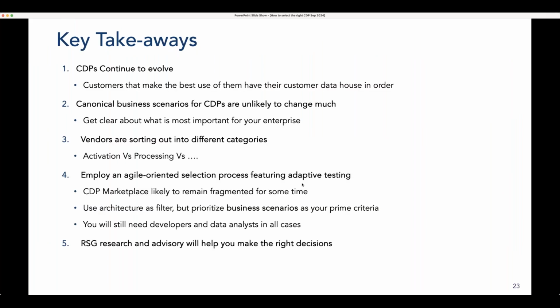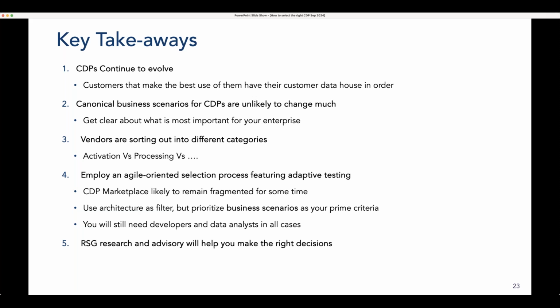Okay, so let's wrap up here with some key takeaways. CDPs are continuing to evolve. The customers that make best use of them typically have their customer data house in order, which means you really need to understand where your customer data is, how you're going to leverage it, which attributes you really need as opposed to which attributes you think you need. What's the difference between a data lake that has all of your raw customer data and the actual marketing attributes that you're going to leverage, and what are the use cases that then drive the latter? So it's really about getting clear here,